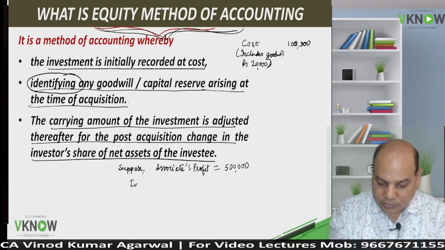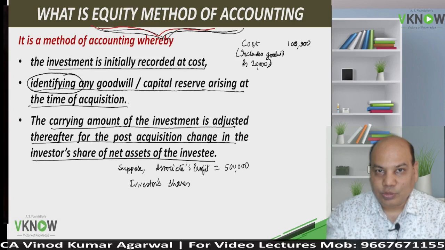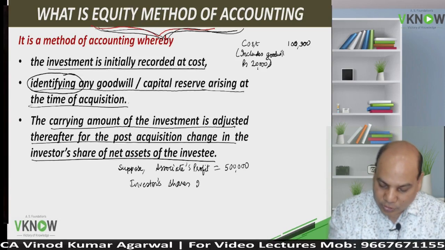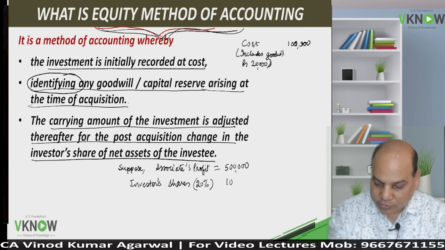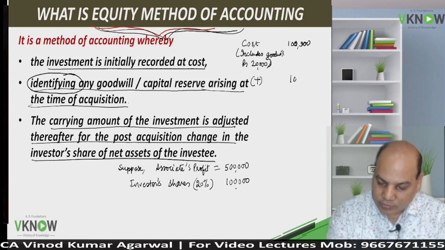So what is the investor's share in that? Let us say the investor is holding a 20% stake in the equity of the associate. So 20% into 5 lakh, that is 1 lakh. So what I'll do, I will increase the carrying amount of the investment by 1 lakh by writing a note,